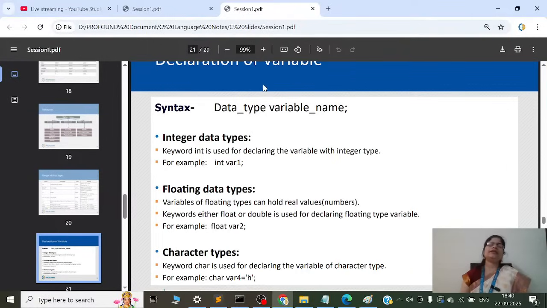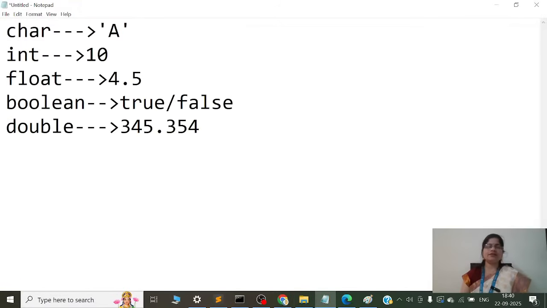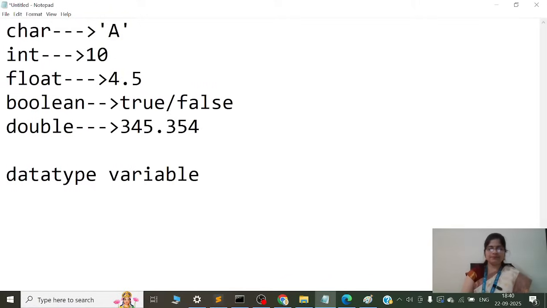So declaration of a variable. How will you declare a variable? You will have a data type and a variable name. This is a declaration. The data type can be int, or float, or char.